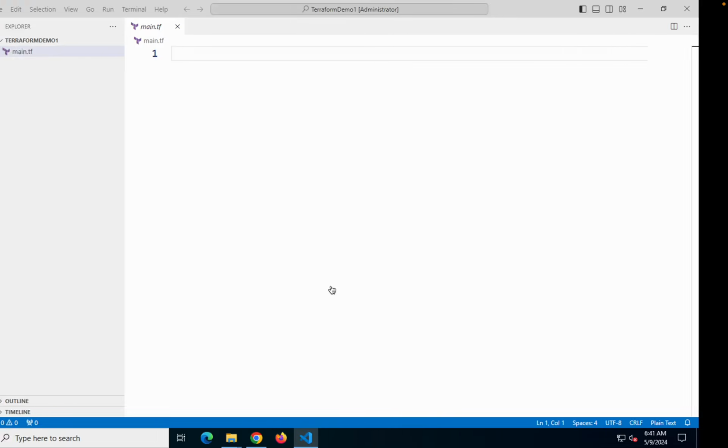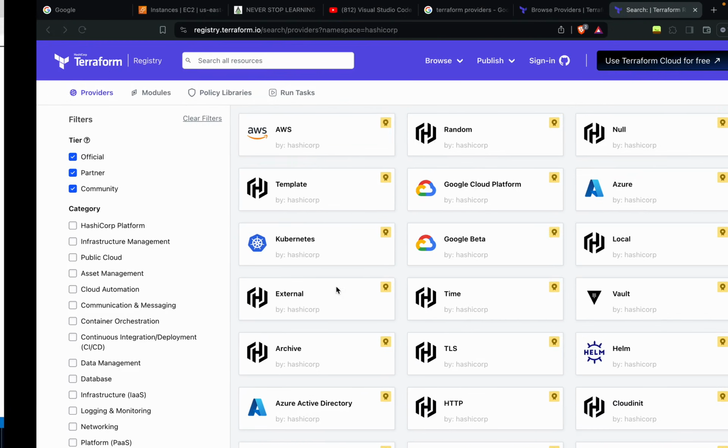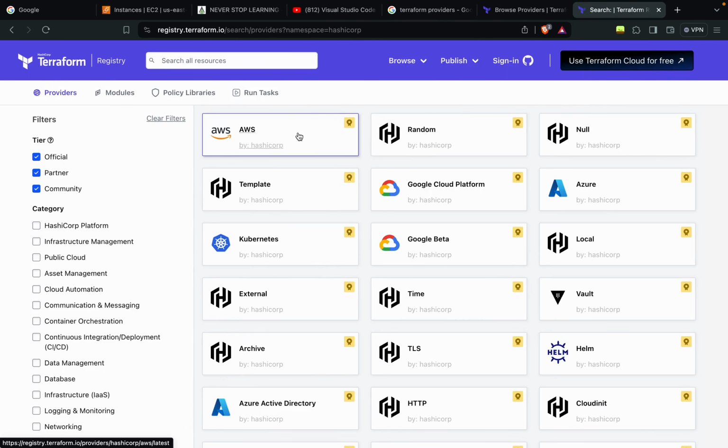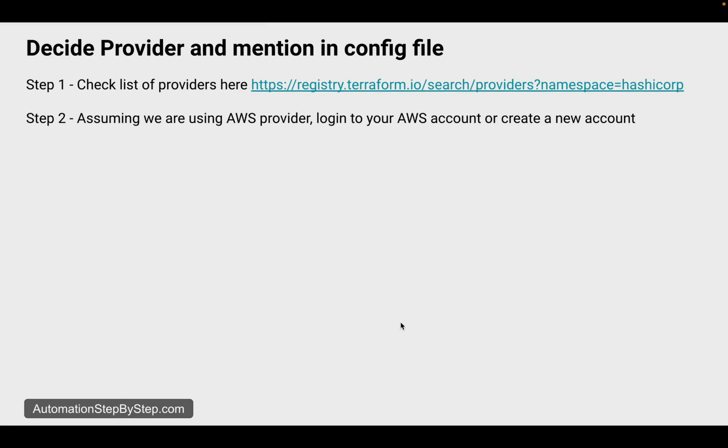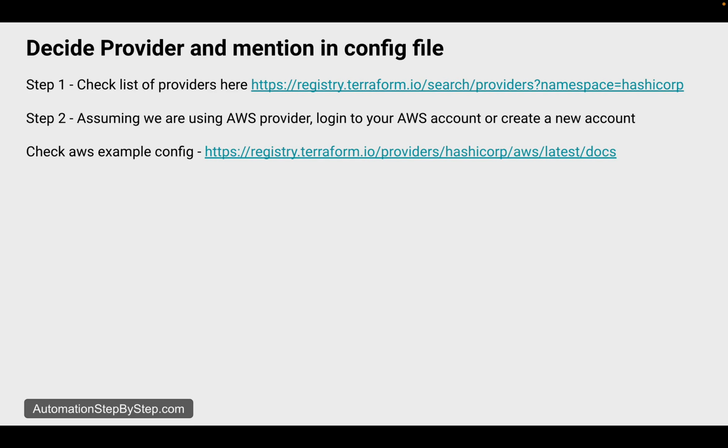Okay, so we can select our provider. Now AWS is a very common provider, and then we also have Azure, Google Cloud Platform, Kubernetes, Docker, etc. So here we are assuming that the provider we are going to use is AWS, and I will show you the examples with AWS. In case you are already using some other platform and you want to check how to add the provider details in the Terraform configuration file, you can go to this link, which is the providers